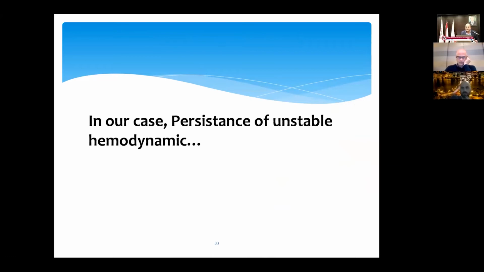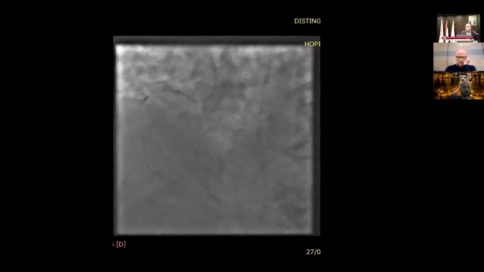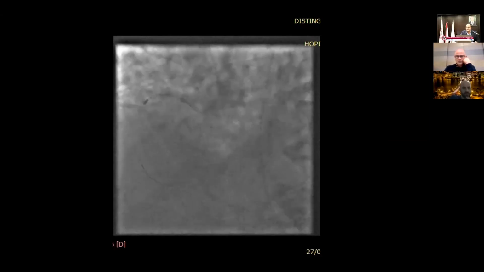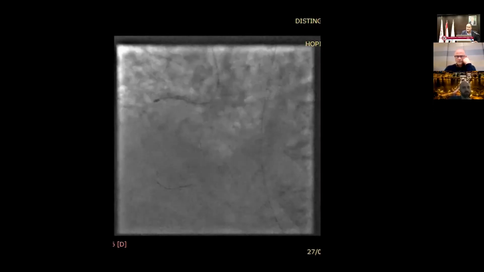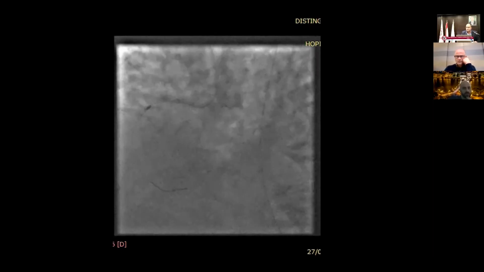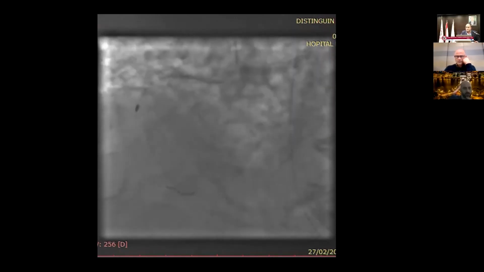The patient was still hemodynamically unstable, so I chose to go to rotablator rotational atherectomy with a 1.5 burr that could not cross the lesion on the first attempt at 150,000 turns per minute. Second attempt, I could not cross. I raised the speed to 180,000 turns per minute, and here I could cross the lesion with the burr rapidly,